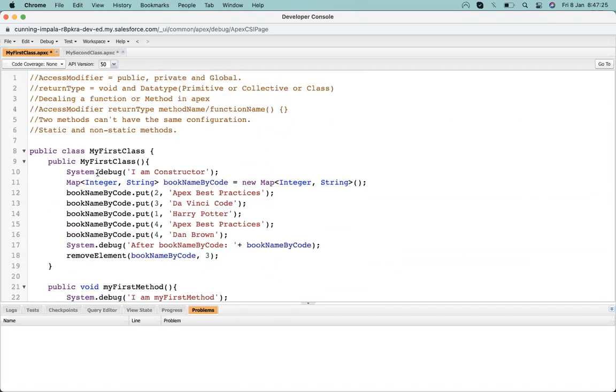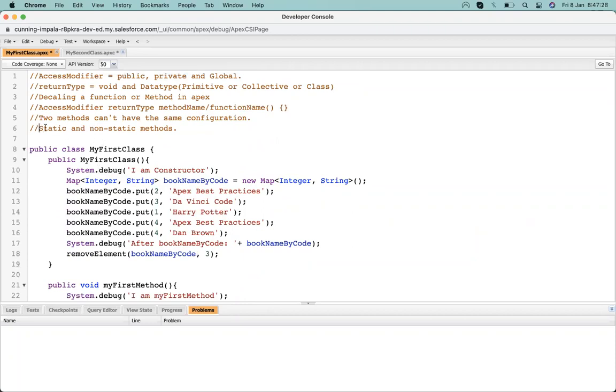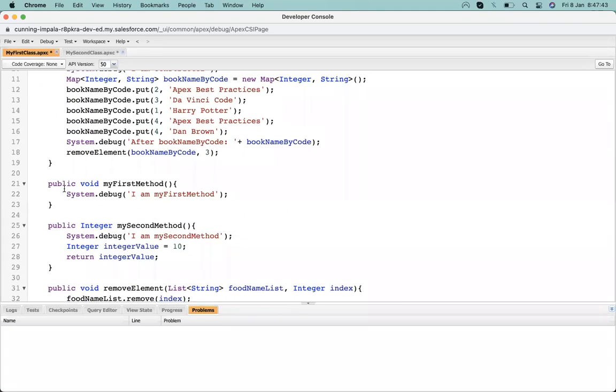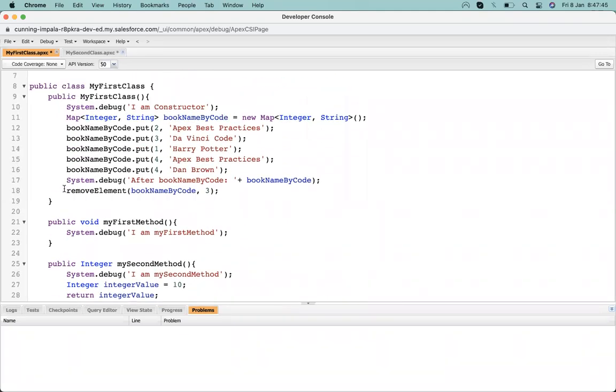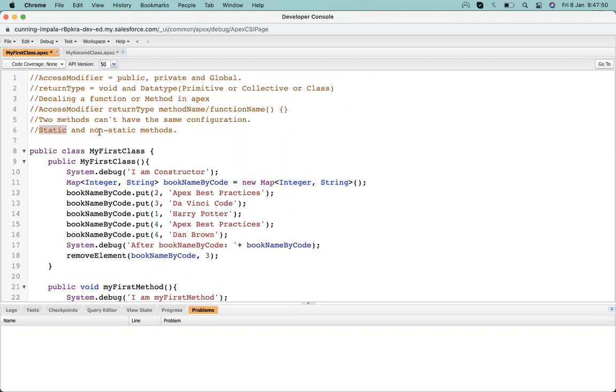Static methods are actually about memory allocation. In short, it's a kind of memory allocation. When we declare any method or variable as static, its memory gets allocated first, as soon as you call the class. But for non-static methods, memory is only allocated via objects, instances of that class.